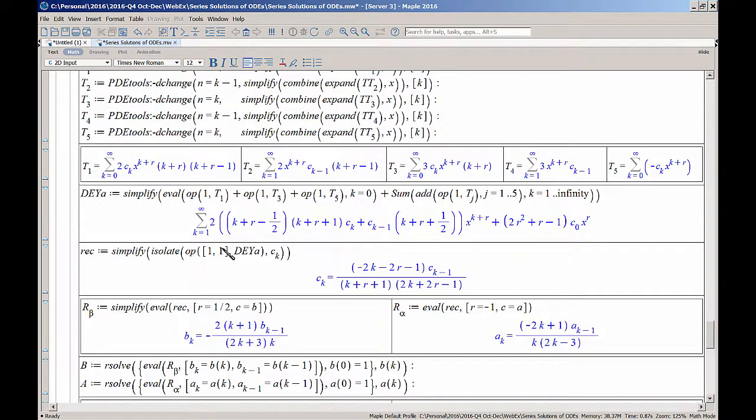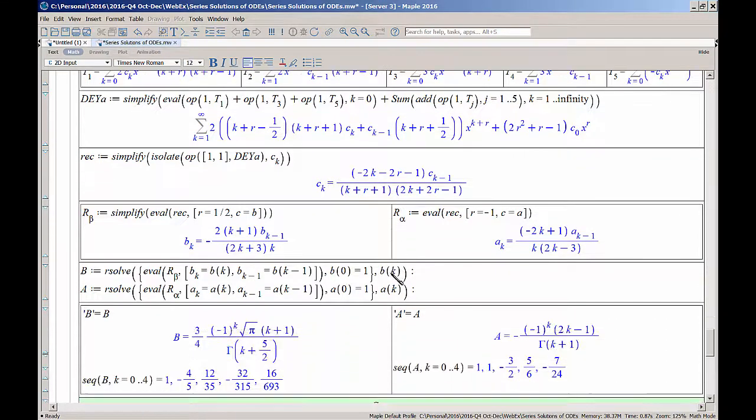Op to get in here, isolate the ck, do a little simplify, and now remember that there are 2 values for r, and you got those 2 values for r from the indicial equation, giving you 2 forms of the recurrence relation. Remember the symmetry here, it's 2k plus 3, 2k minus 3, k plus 1, k minus 1,